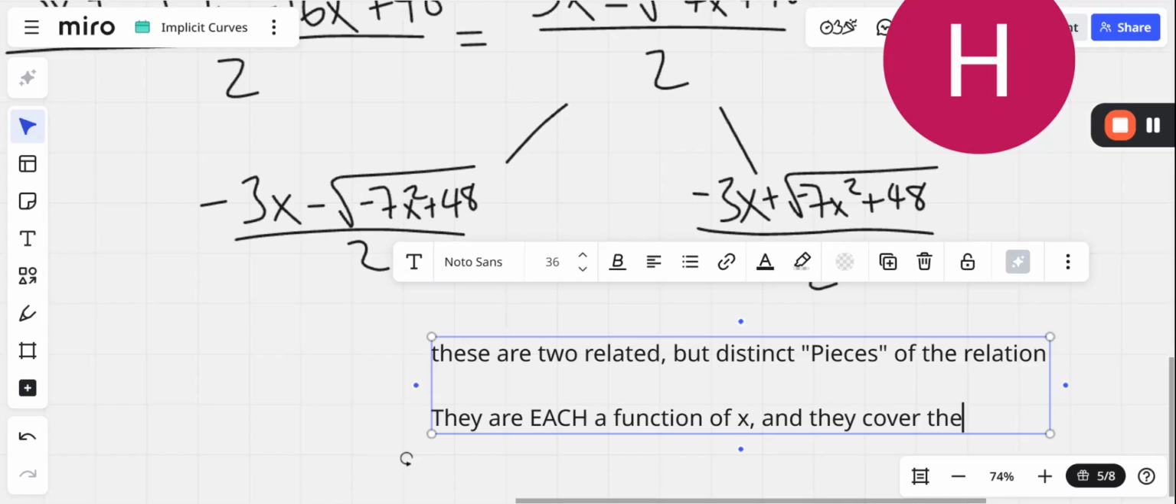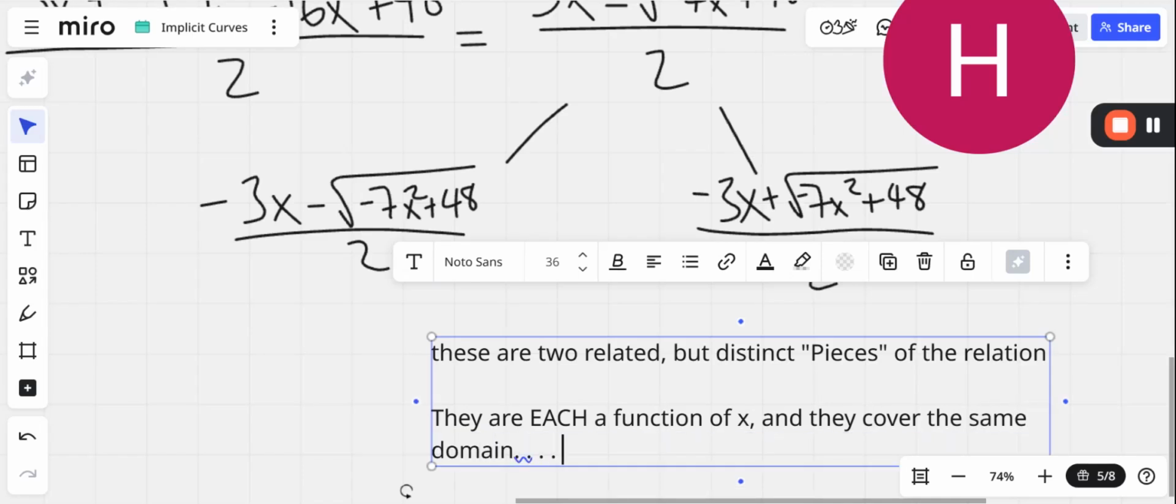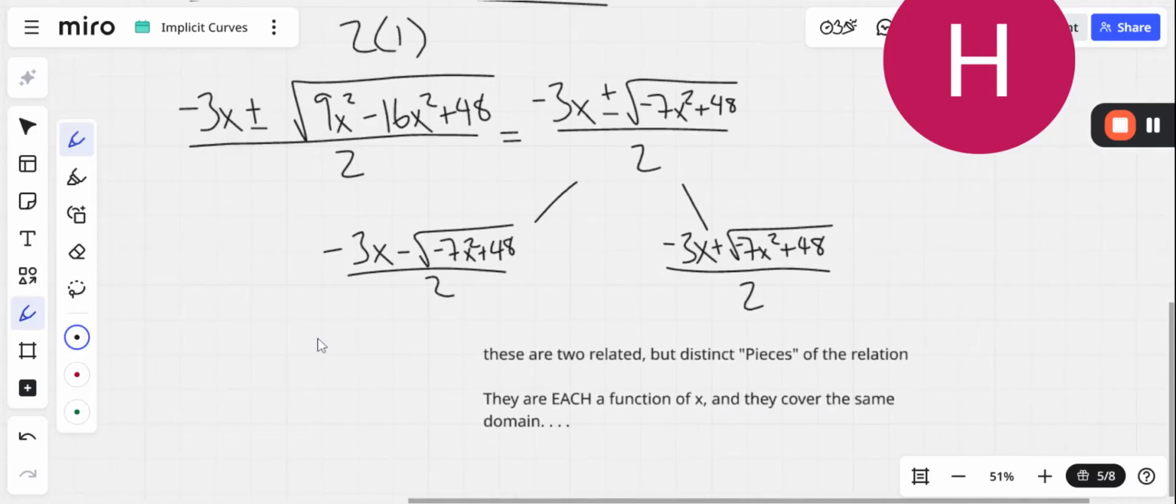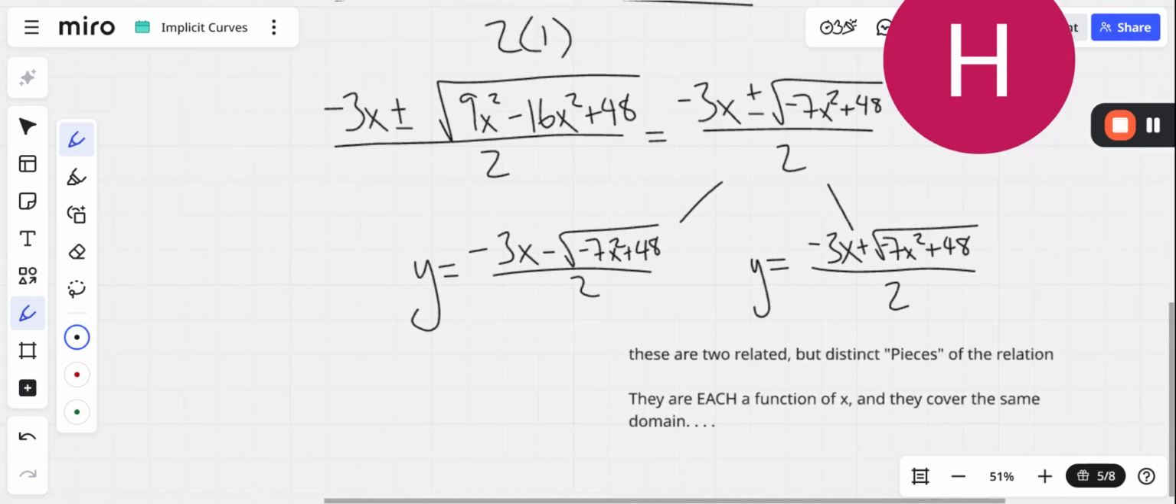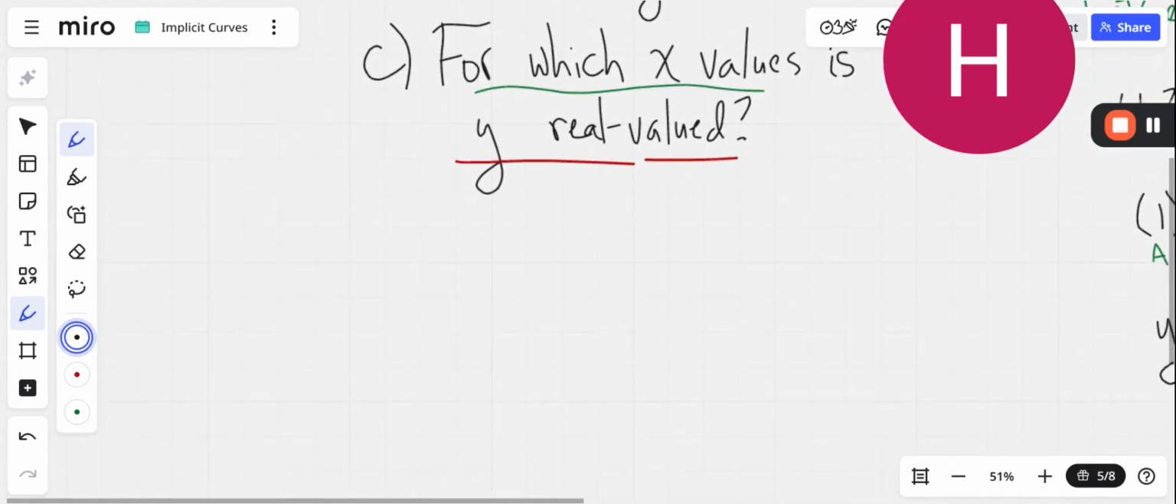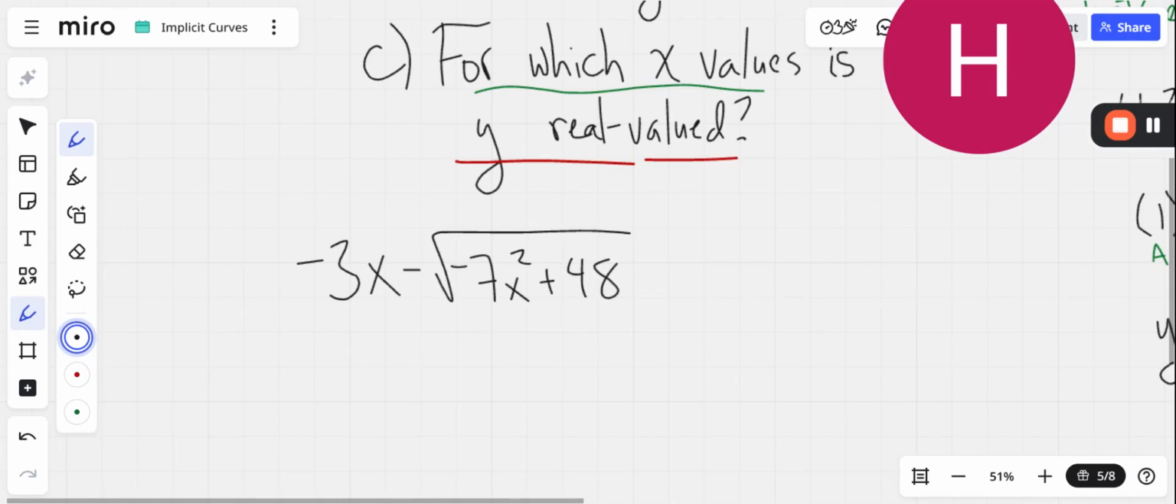And they cover the same domain. That's really what's important, because that's going to lead us into the next question. The y value is either given by this equation or the y value is given by this equation. But in both cases, we have a restriction on the x value. So we want to find out for which x values is y real valued, meaning when does y actually have a value? Well, regardless of whether we have negative 3x minus the square root expression over 2, or if we have negative 3x plus,